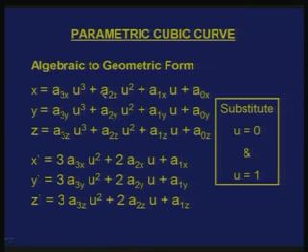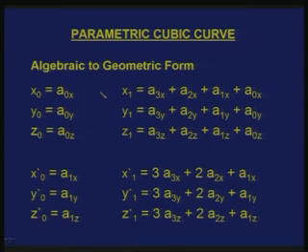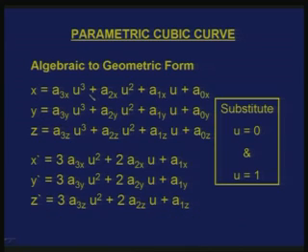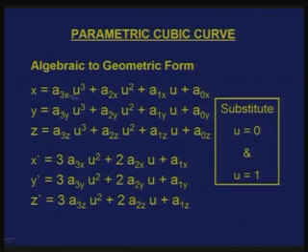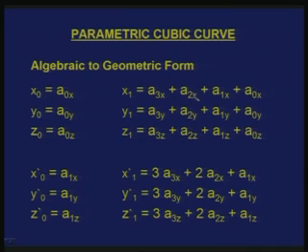Now, if I do that, then these are the 12 equations which are shown here, which you get. Okay. What has been done is, you take this particular thing and substitute, for example, u is equal to 0. So, then I may end up at an equation which is like x is equal to a0x, that is what is shown here. This is one of the equations. Next, I will take this equation and substitute, for example, u is equal to 1, then I will get an equation which is a3x plus a2x plus a1x plus a0x, that is what is shown in the second equation.